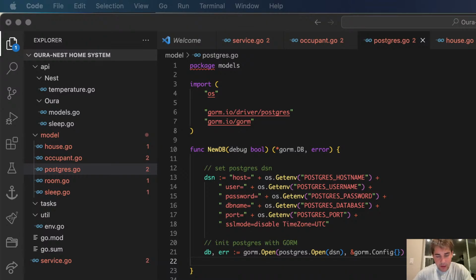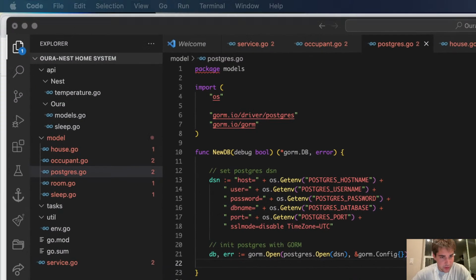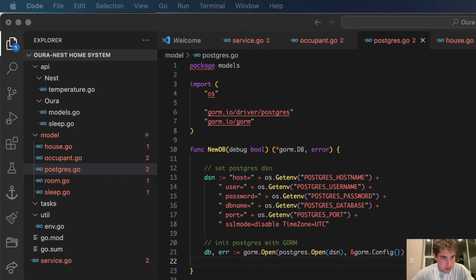Jesus, I just want the commands. Create database Postgres. Documentation, create database. I've done this a million times, and I just always forget it.